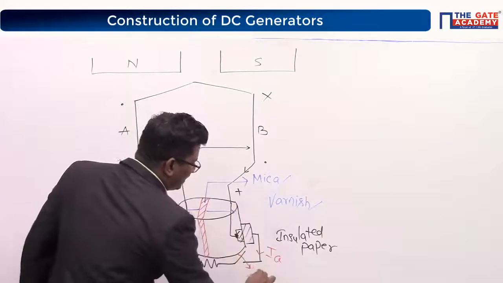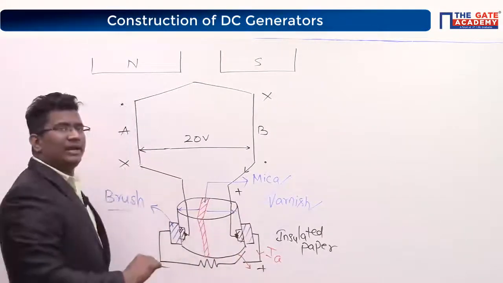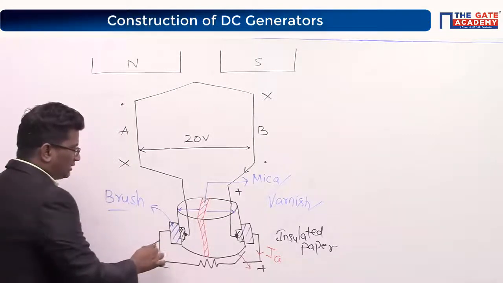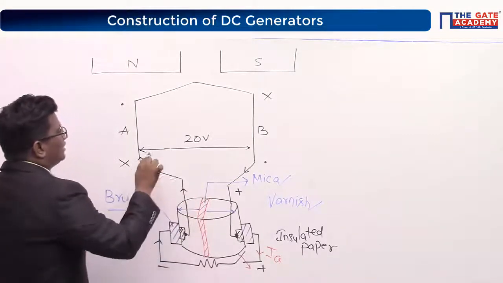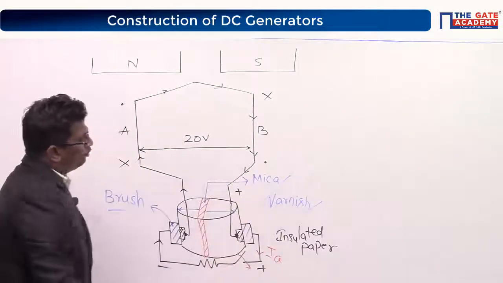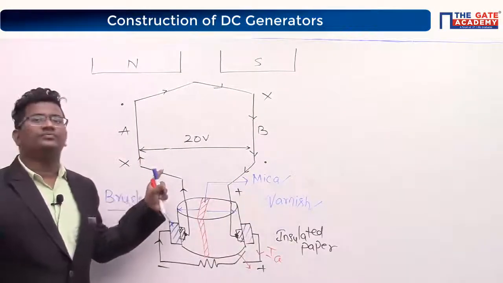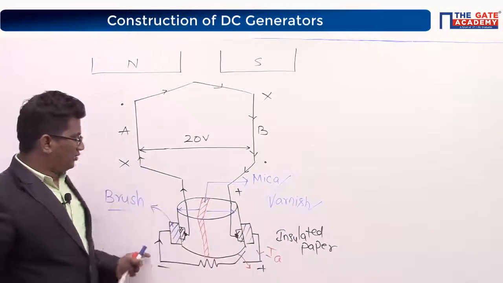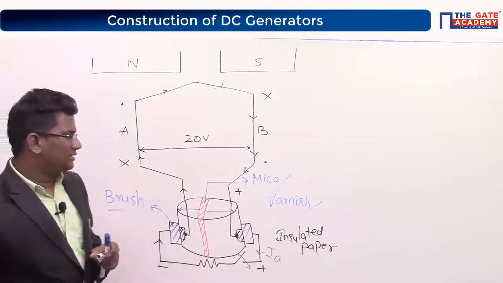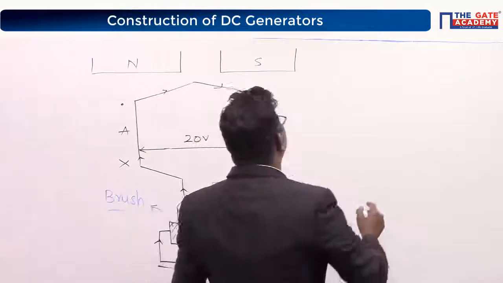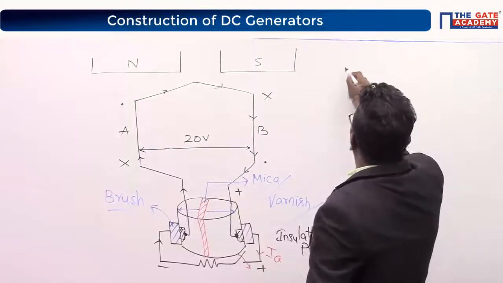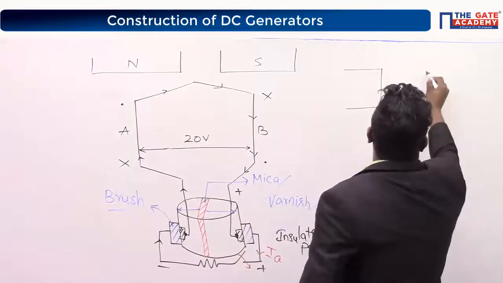So this is positive, and therefore this is negative. Current is entering here and leaving there, and similarly current is leaving in this conductor. I hope this is clear, everybody. Any doubts? Current is leaving. Yes? Now after 180 degrees,